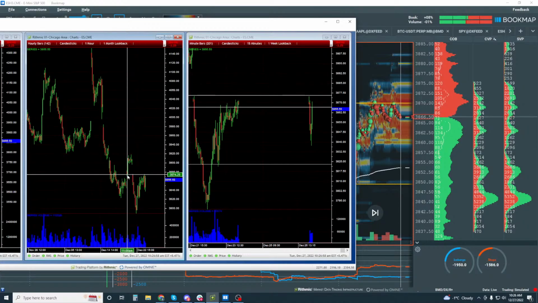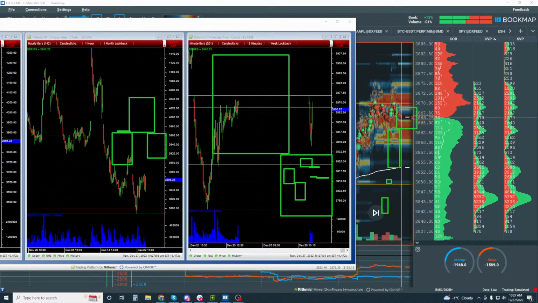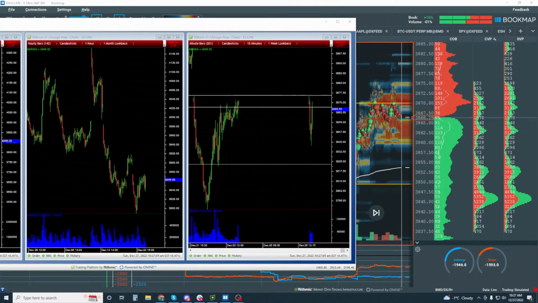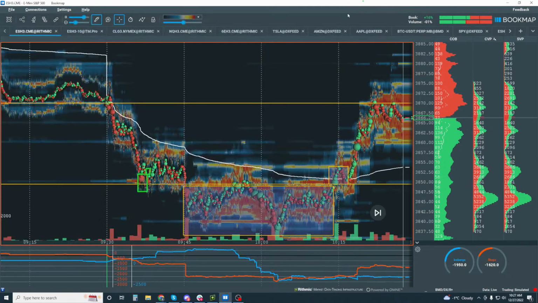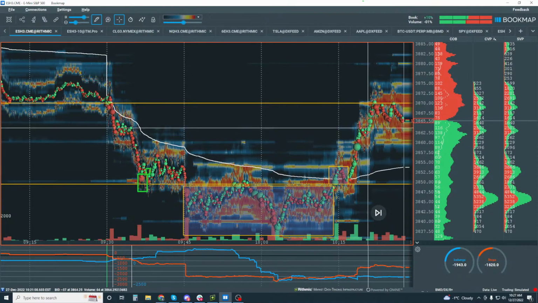If that's the case, note how this is all fractal, and here's why. Let's just get rid of all of that. Hold on. This is all fractal, and here's why. This range in here, what we're looking for is this little corner up here. We're looking for the same thing as we are here. We have a range, and then we have buyers up here,